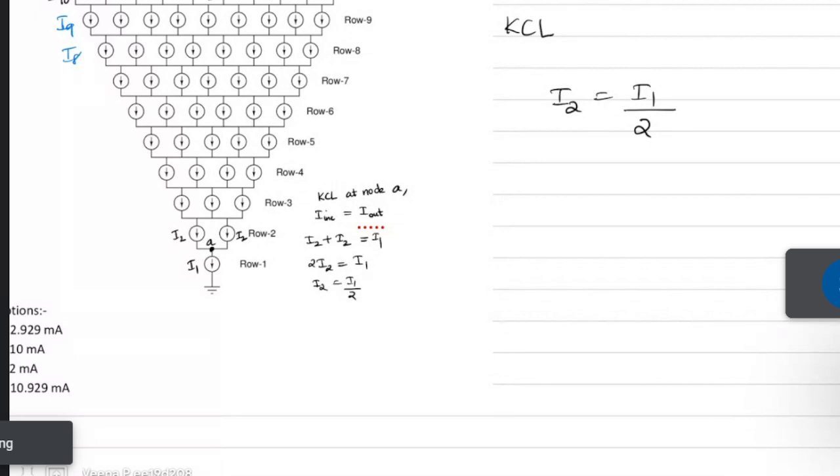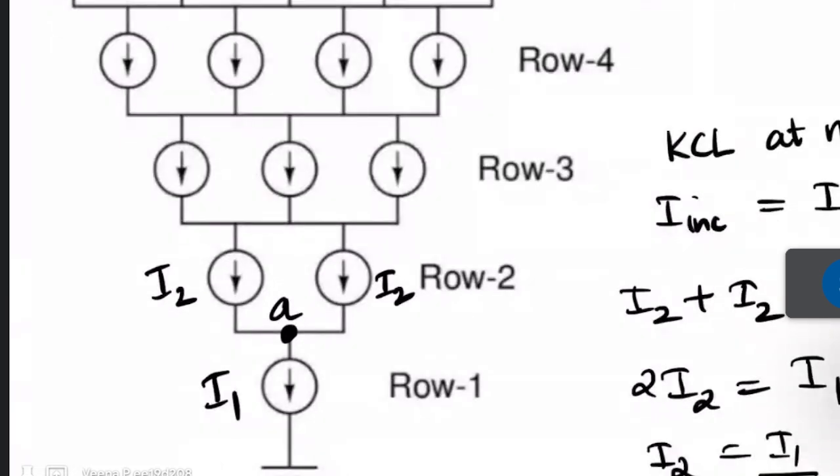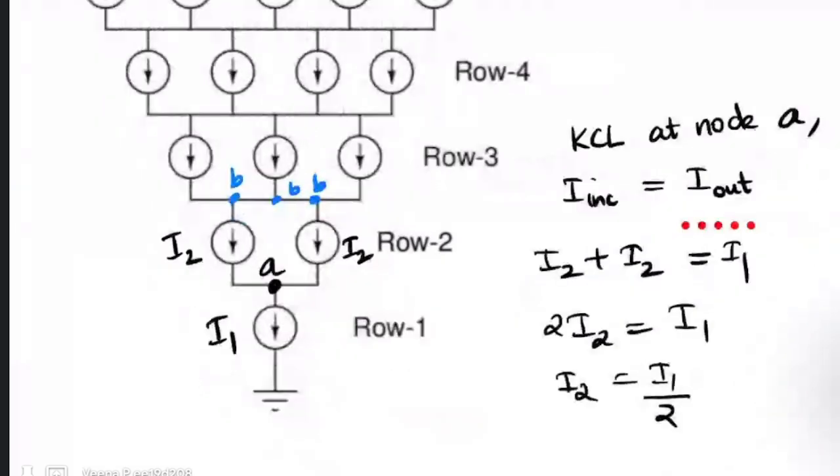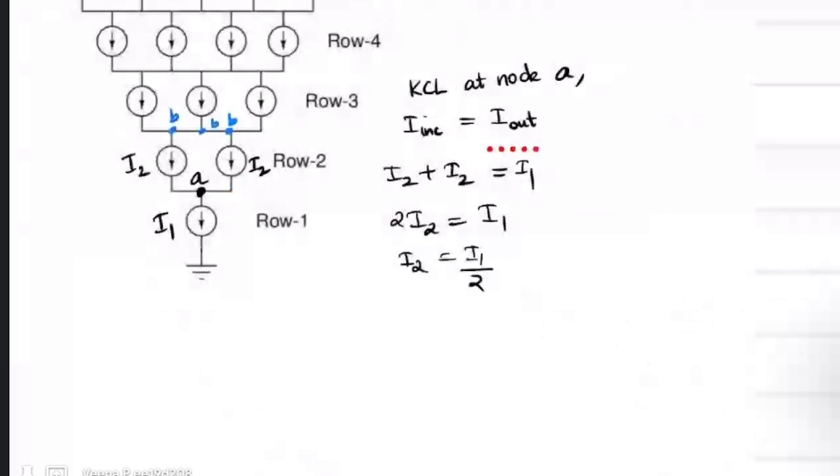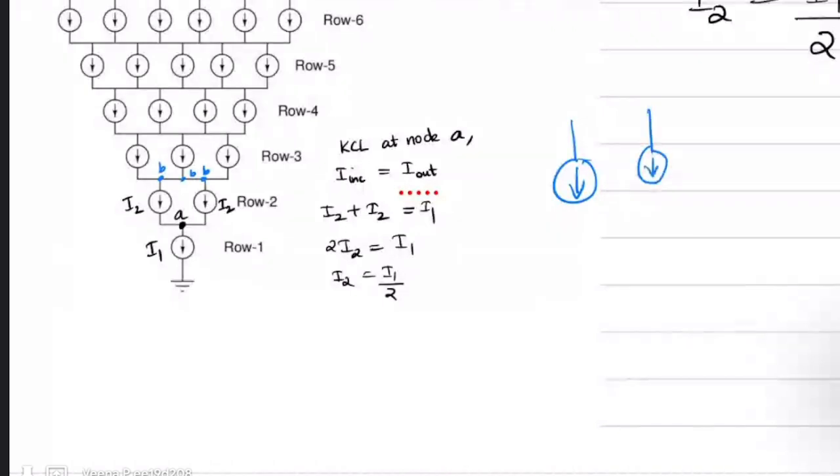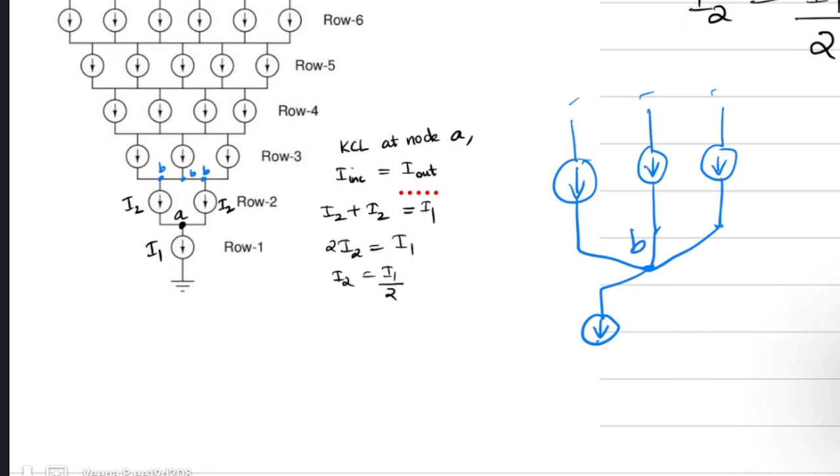Now let us go to the next node, which is upper node. This is B and these are all our same nodes, B only. When you redraw B to this side, so there are 3 branches of currents incoming. We are not concerned about this node. We just know that 3 currents are coming to the single node B. But from B, 2 branches are going of each current value I2. And this is I3 each.